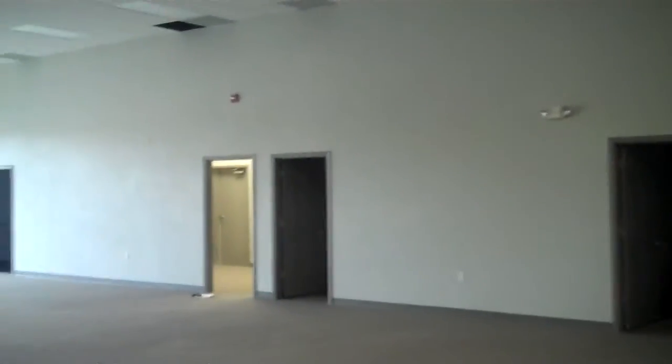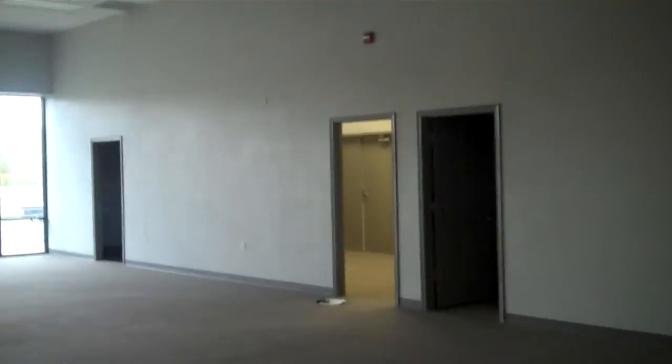This is just going out to the back. All of this would be removed. As you can see, everything is up tight to the joists already, all this ductwork and so on. So in essence, they could take this showroom from this existing wall, come back 24, 25 feet, go straight across,